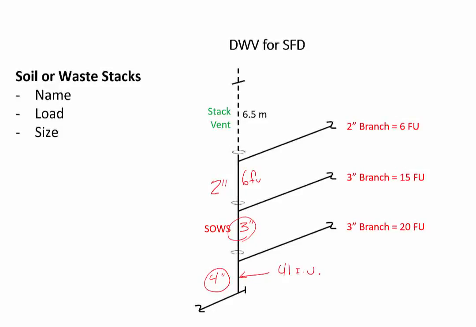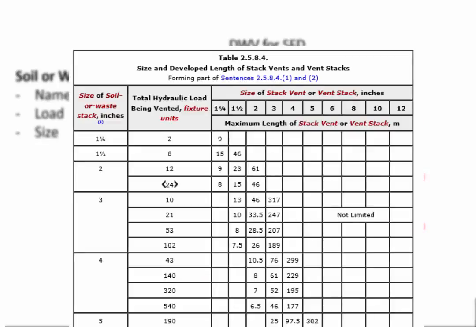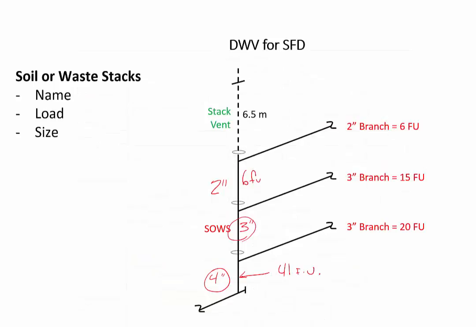Sizing the stack vent from table 2584, we would look up 4-inch base, serving in this case no more than 43 fixed units, as we have 41 fixed units. And if you look to the right, the first available length is 10.5 meters for 2-inch. So to say it another way, we're allowed to go with 2-inch on a length that wouldn't exceed 10.5 meters. So we have 6.5 meters, 4-inch base, no more than 43 fixed units, up to 10.5 meters for 2-inch stack